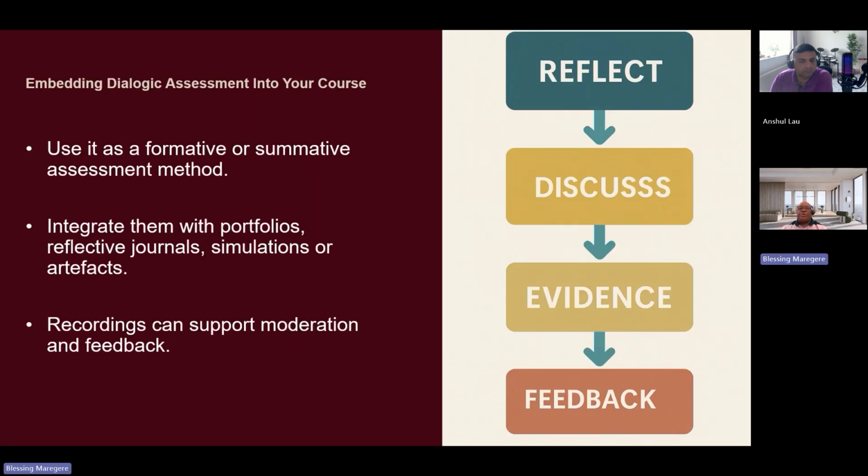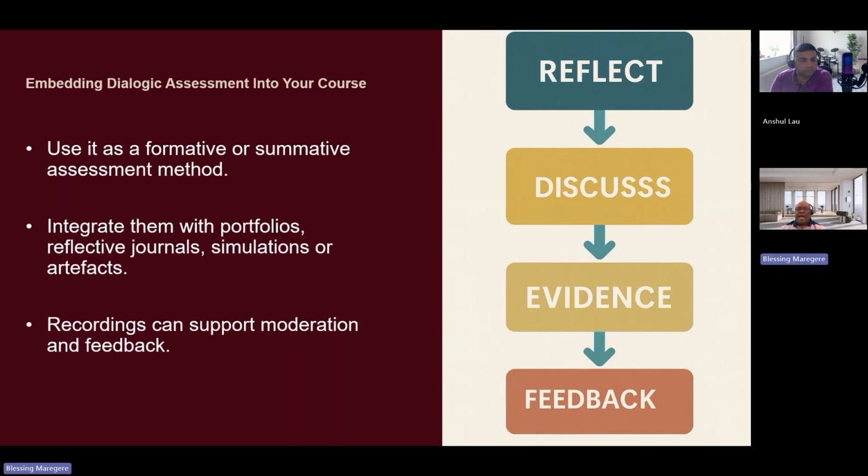Okay, so how can you use dialogic assessment or professional discussion in your different sectors? You don't have to replace everything with professional discussion, but it's about exploring and integrating it alongside other assessment methods. You could use portfolios and then have a dialogic discussion about the portfolio so they can present it. We're seeing the rise of peer professional discussions, getting experts involved. Using simulation can bring learning to life as well.